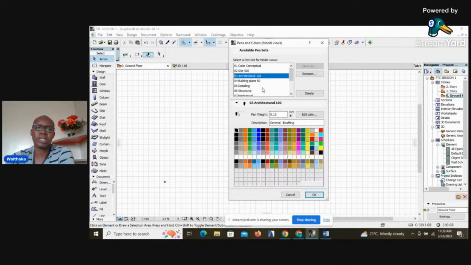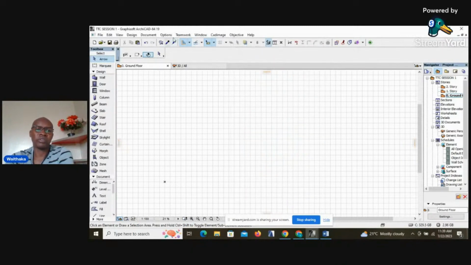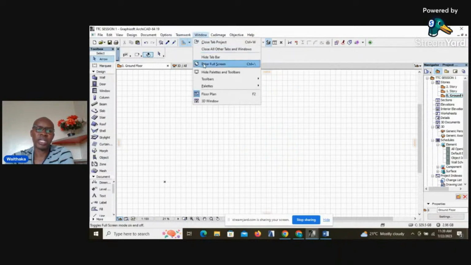How do you change it? We'll be able to do that under this section. And of course, we have again, window is another quite important menu that we will utilize. Even today, we'll be able to see how this menu affects us and how it affects the workspace for ArchiCAD, and how it can help us to